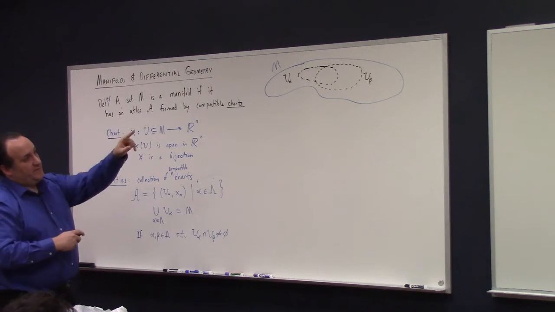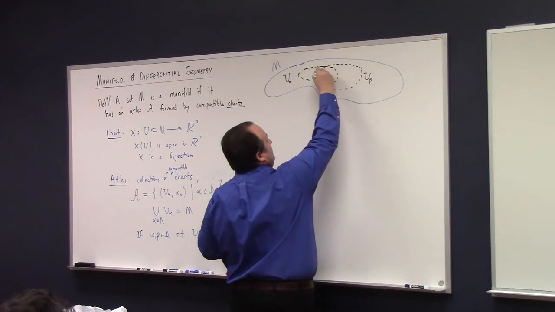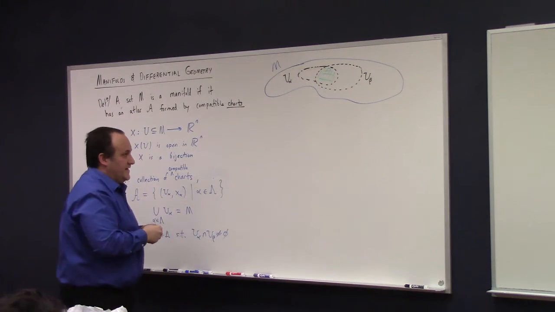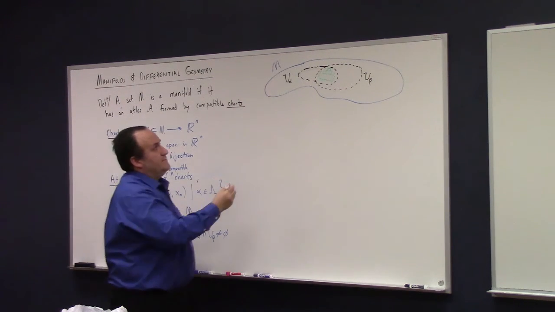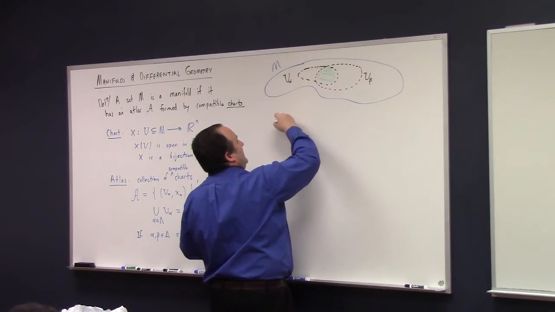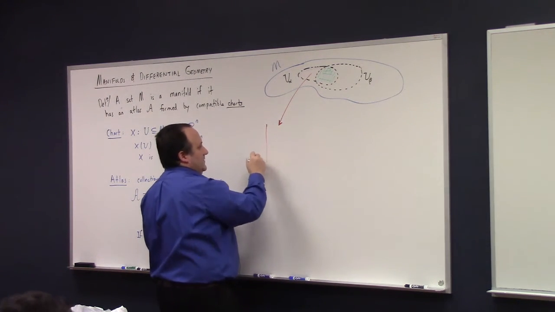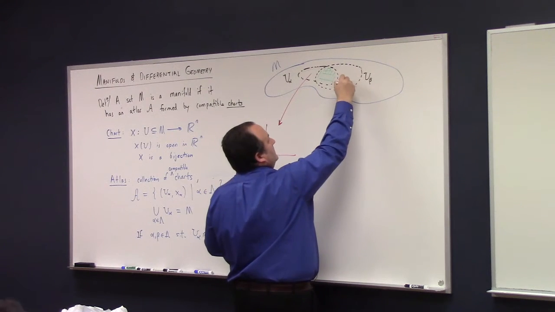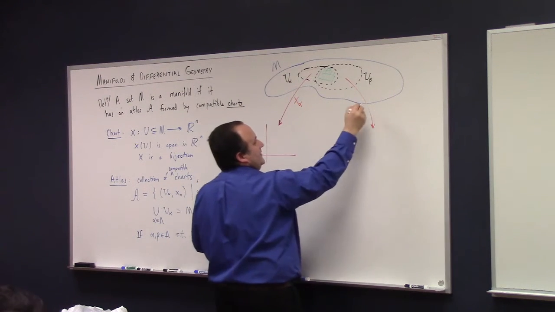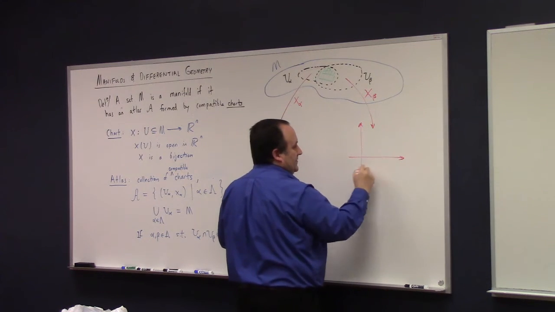But anyway, suppose you have these two chart domains and they intersect, all right? So you've got some intersection here, like that. There's some non-trivial intersection. And the way I picture this, and the way we should picture chart domains, is essentially as a way of laying a grid, in some sense, on the manifold. So here's my x sub alpha, here's my x sub beta, and those go down into